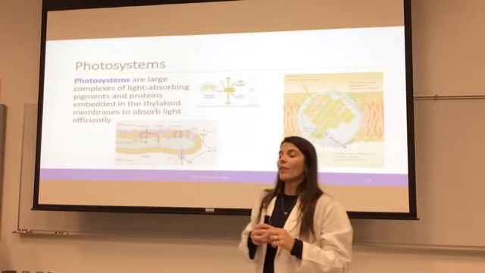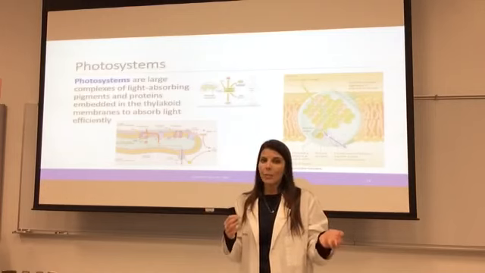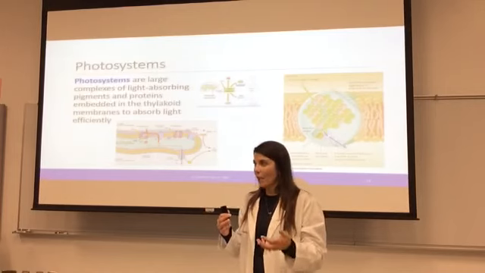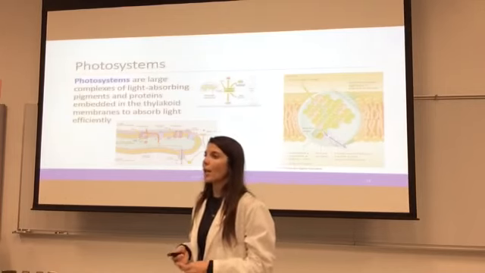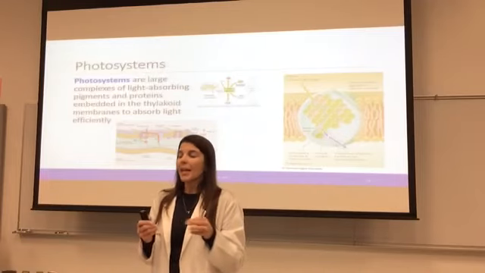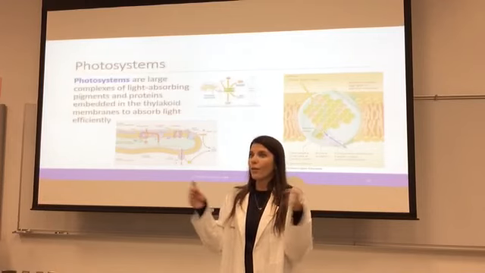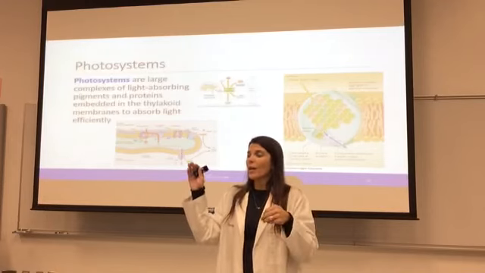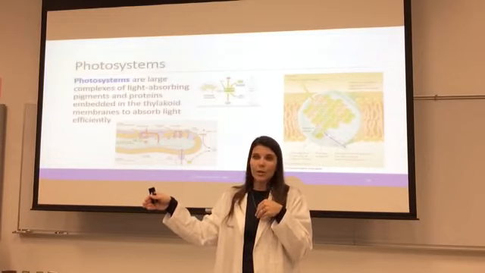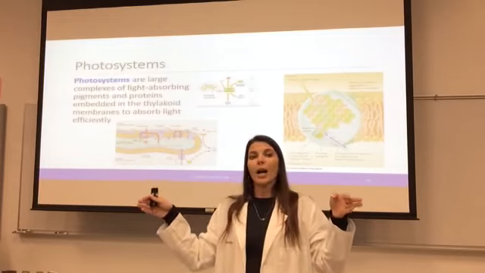We also talked about the visible light spectrum, that light is not measured in ATP because light is not alive. We measure the energy from light in photons. Fantastic. And the photons, or the wavelengths of those photons, vary in what we see. We can see anywhere from 400 nanometers to 700 nanometers in wavelength, and that's what we call the visible light